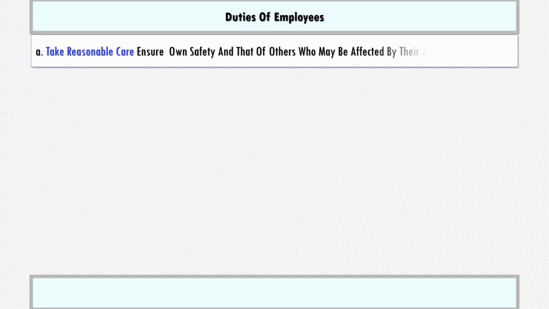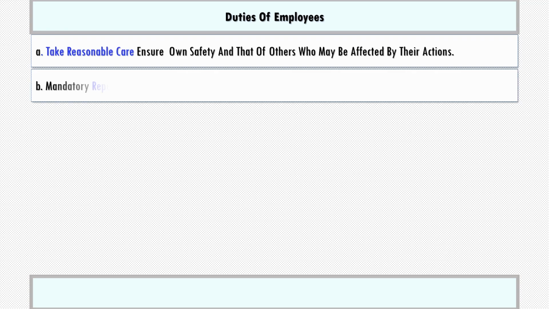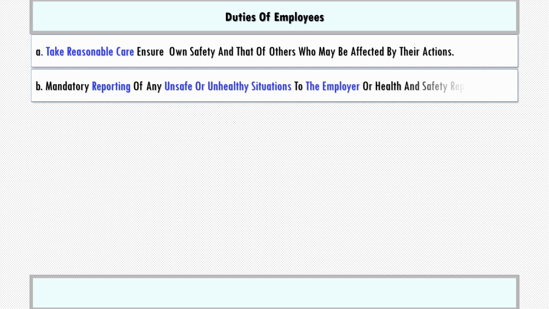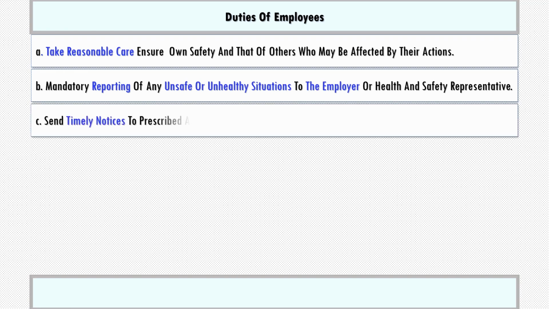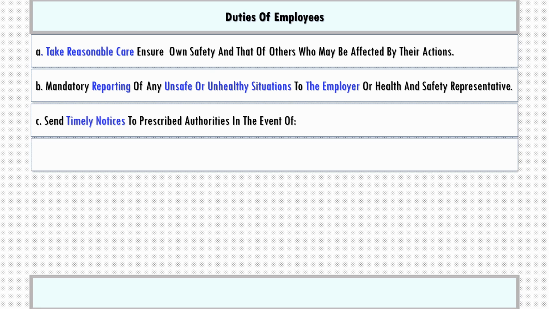The code casts three specific duties on employees. One, to take reasonable care to ensure own safety and the safety of others who may be affected by their actions. Two, mandatory reporting of any unsafe or unhealthy situations either to the employer or health and safety representatives. And third, send timely notices to prescribed authorities in the event of accidents resulting in death or serious bodily injury